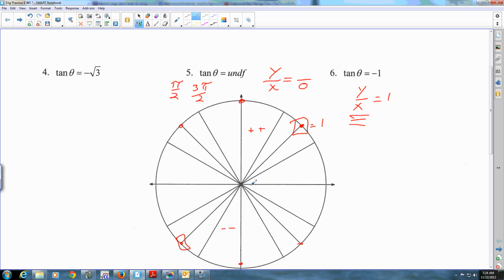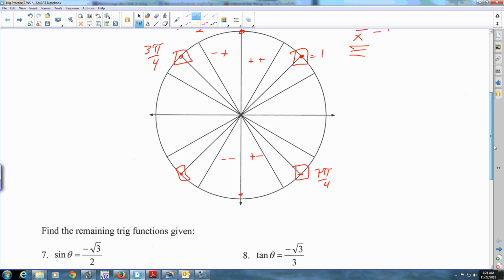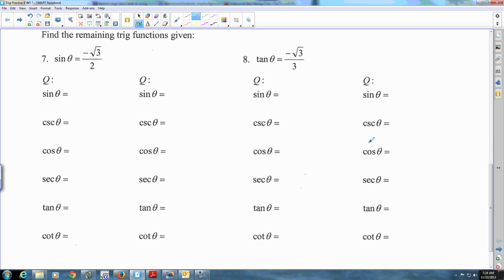This one and this one, it's a minus plus and a plus minus, so they're going to occur here and here. Those two answers are going to be, let's see, that's 3 pi over 4 and 7 pi over 4. So those would be the answers for this one. Now you're going to use that information, or use that idea of where they're the same to answer the rest